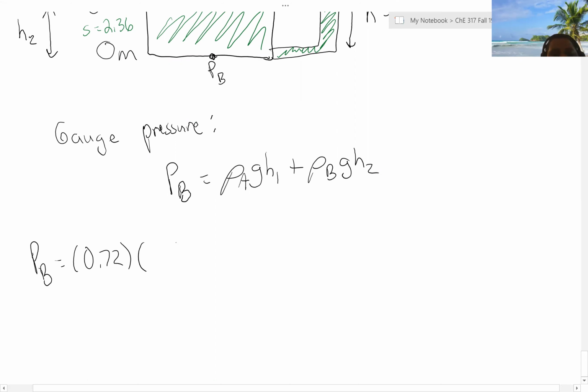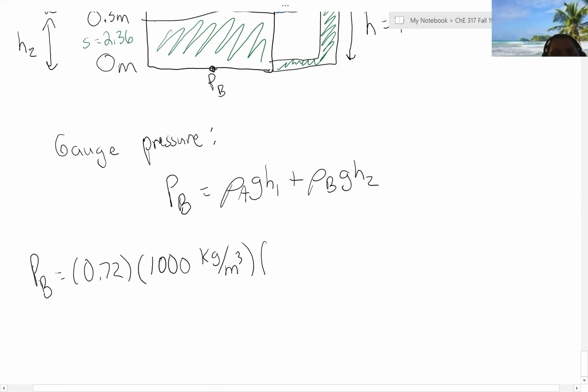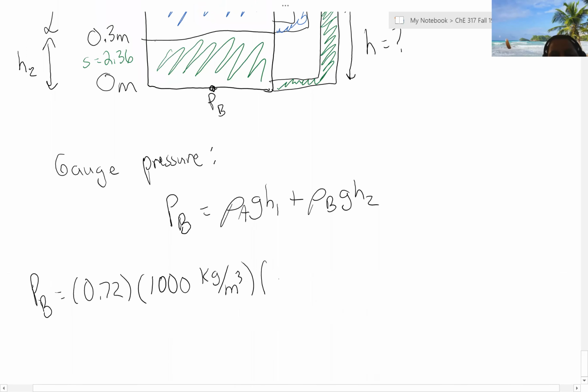So the density of water is 1,000 kilograms per cubic meter. The height that we had is 0.3 to 2 or 1.7 meters plus the density of B, which was 2.36 times 1,000 kilograms per cubic meter times 0.3 meters,